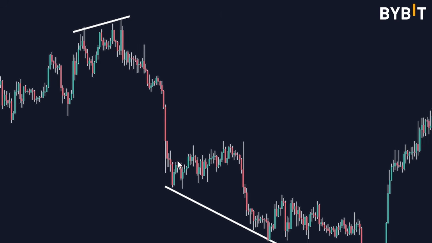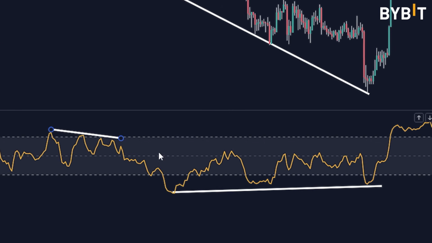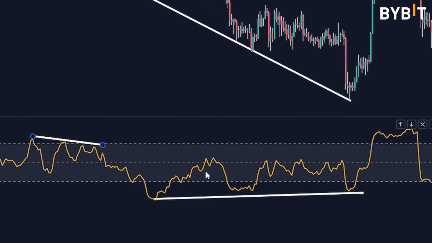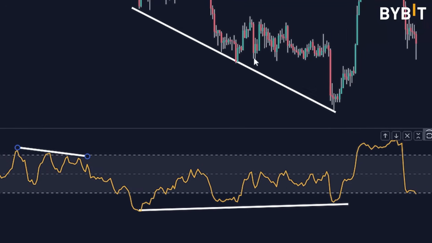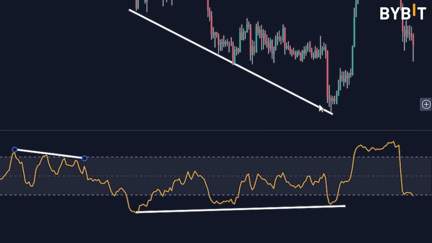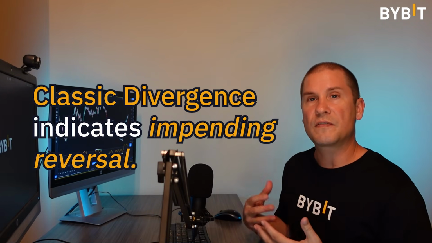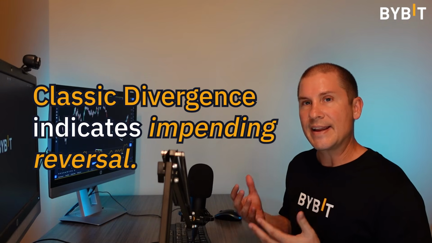And we get a really strong trend, really strong momentum to the downside. RSI reaches very low levels, which tells us it's a very strong trend to the downside. And then again, the momentum slows, and that tells us that price is about to reverse. So regular or classic divergence tells us of an impending reversal. Not every reversal is preceded by regular divergence, but a lot of times you will see regular divergence showing up when the market is about to reverse.